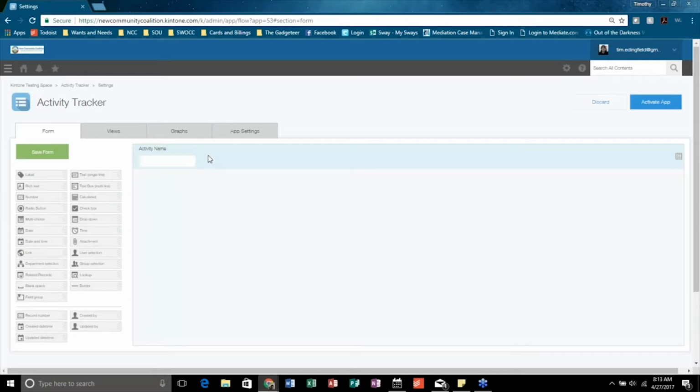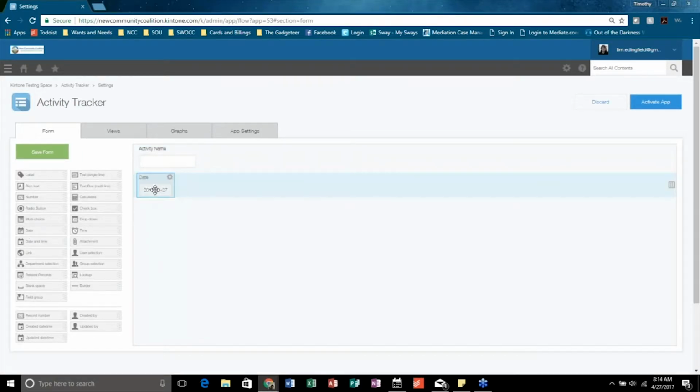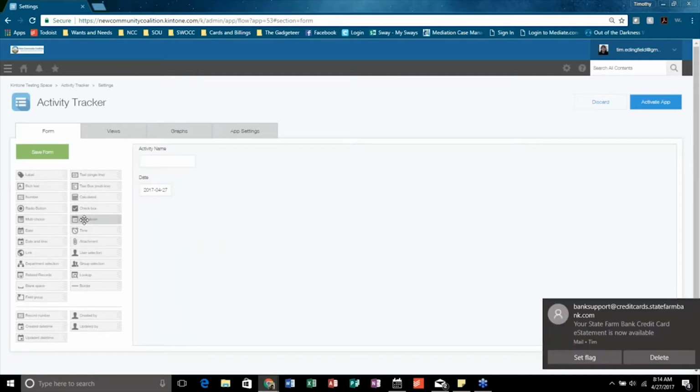So we give it an activity name. We choose a date, so we want to have a date for that activity. We're probably going to want to know, sometimes our activities we want to track by what kind of activity we had. So we'll have either a text box, multi-line, or we can have multiple choice or a drop down. What we usually do is we have a drop down for our activities,